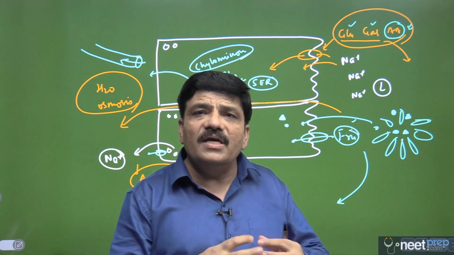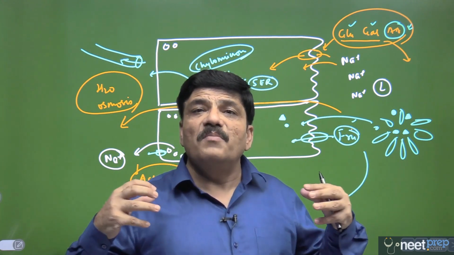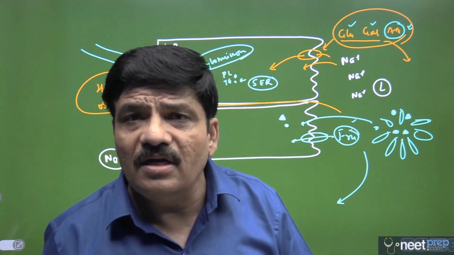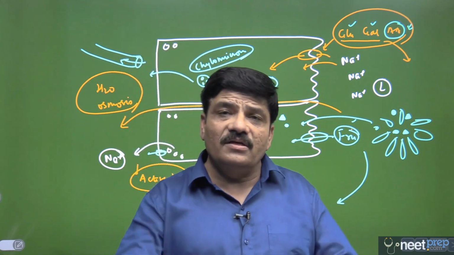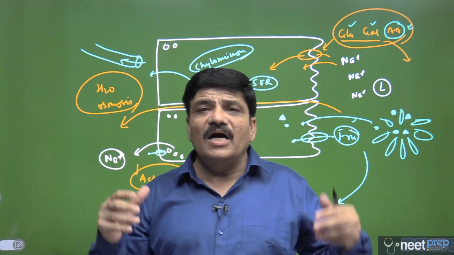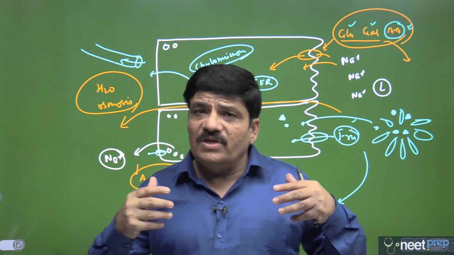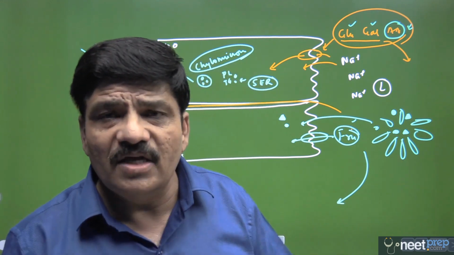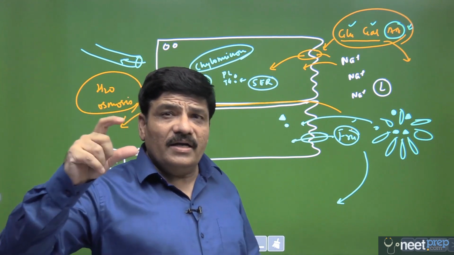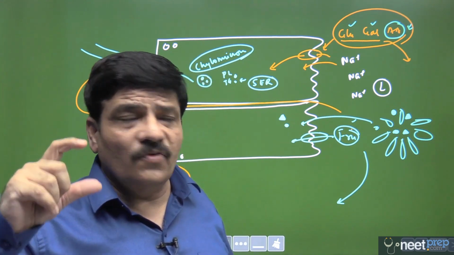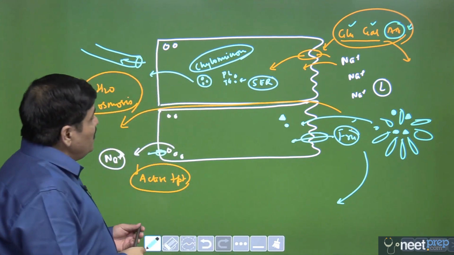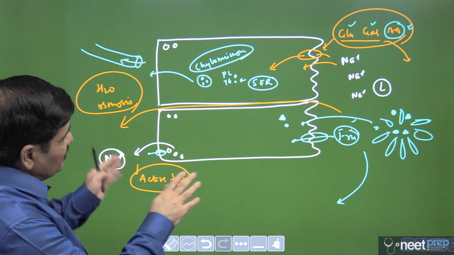And then there is a mass peristalsis movement. This will lead to the egestion. The process is called defecation. So the point to remember is that egestion occurs through a mass peristaltic movement, which leads to the egestion or the defecation of the leftover material. And please remember the rectum. The rectum is a storage place for feces. So the rectum is where the feces are stored. I hope this is now absolutely clear.